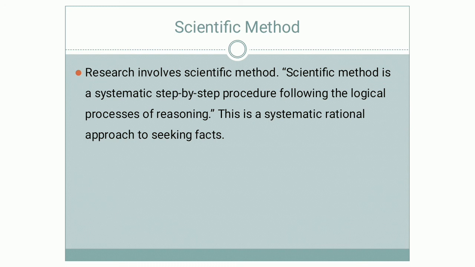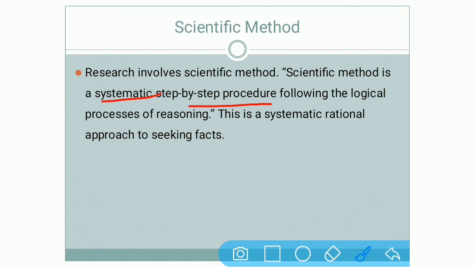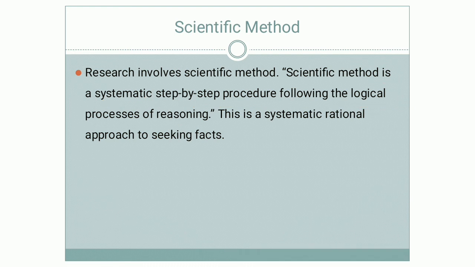So this whole procedure goes step by step, and obviously if you are going through this whole procedure, then you are going to do it with proofs, with evidences. So the scientific method is a step-by-step method. It's a systematic method which collects the data step by step, as well as goes with the logical processes of reasoning. That is, it gives you certain evidences, certain proofs, as well as it goes with certain goals. So the scientific method is a systematic method.